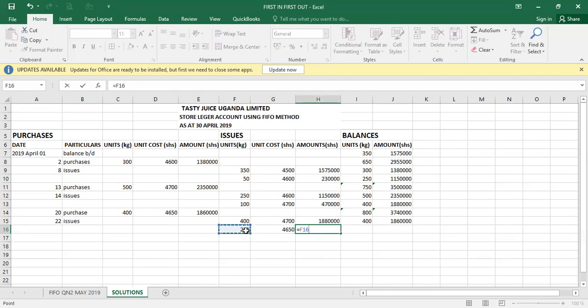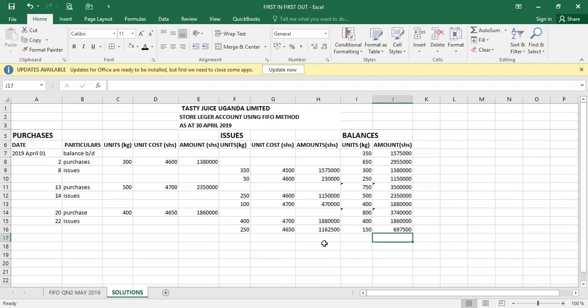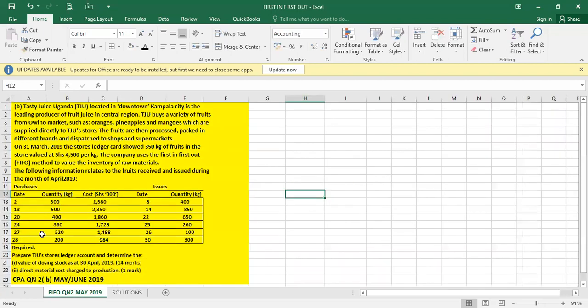It will be this times this. Let's enter. And we have to adjust also our stock, since stock is reducing, we have also to reduce the number of units. Even this one, cost, this minus cost we are issuing, so we remain with that. That one will be done. Then we go to the next date. The next date is